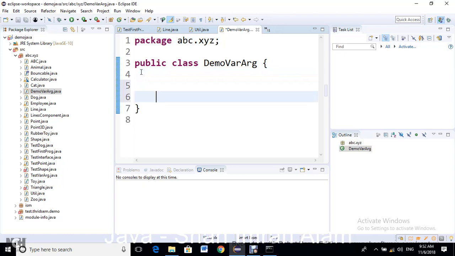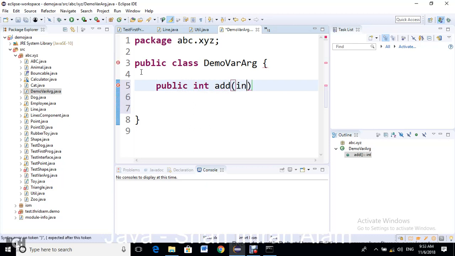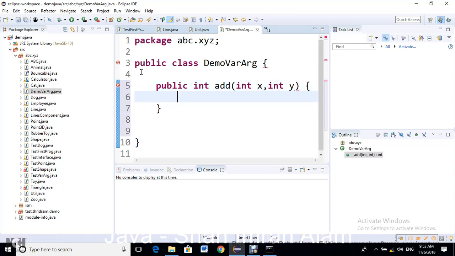In certain cases, for example, let me say I want to add integers. One way was I could have said public integer add, integer x comma integer y, and I will say return